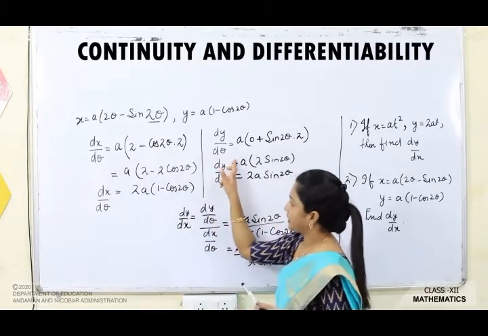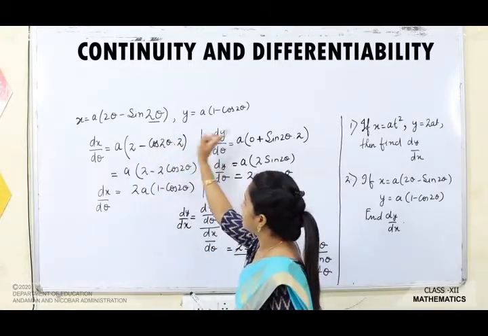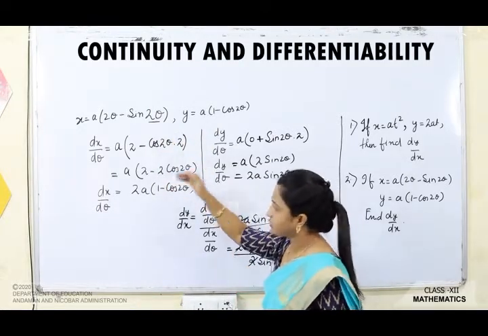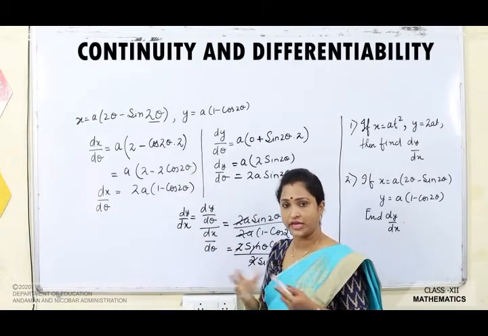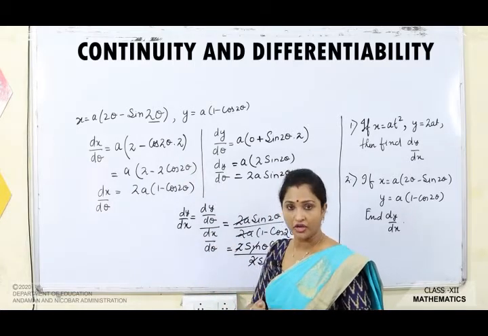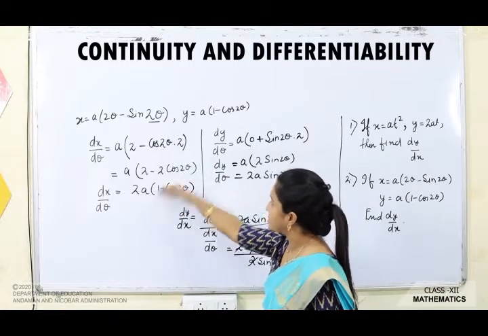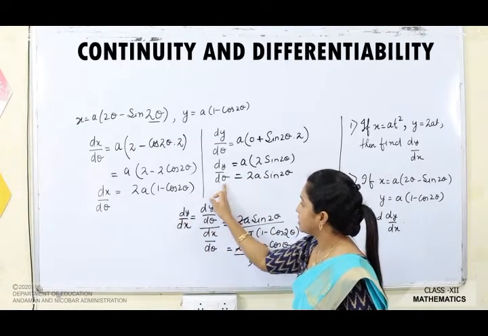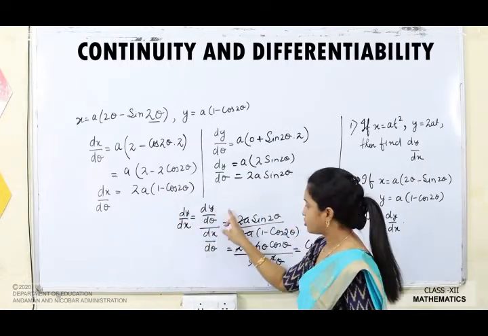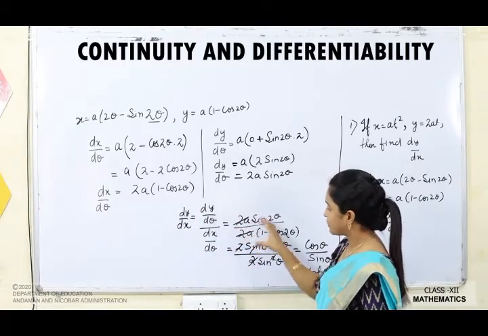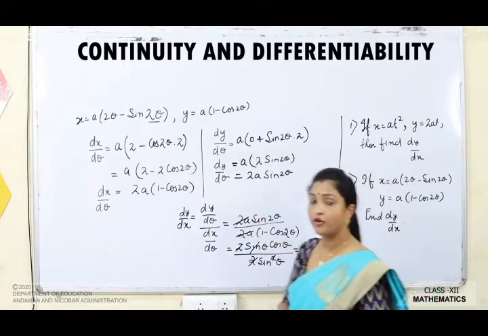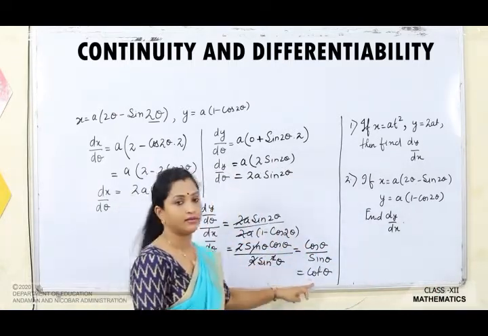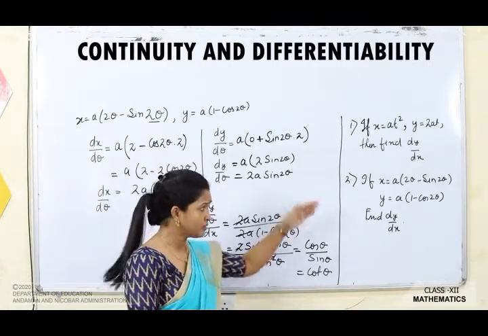Again you have to differentiate separately and you have to see which is the third variable, that is theta, which is called the parameter here. Differentiate with the same procedure as you know how to differentiate any functions. You know the formulas, you know chain rule. Differentiate x with respect to theta and then y also with respect to theta, and finally find dy by dx. Just divide these two, dy by d theta by dx by d theta, substitute the value. Remember that you have to give your answer in a simplified way, you have to fully simplify and then write the answer. So I think these two questions are clear to you.